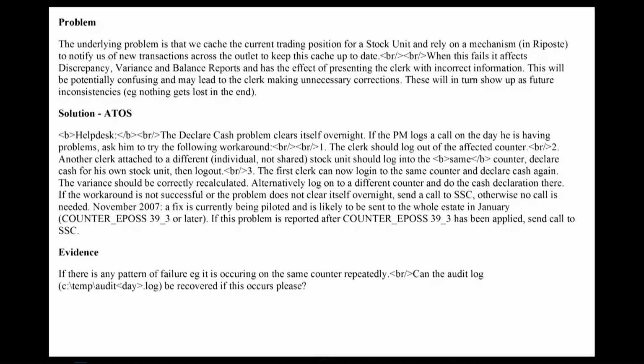Why would the audit log only be of interest if there was a repeated failure? Well, I think it's because then, no, it probably would have been of interest anyway. Why does it say if there's a pattern of failure? I don't know who put that there. Can you think of a reason why one would only obtain the audit log if there was a pattern of failure? No. I think you'd probably obtain it anyway, but as I said, I'm afraid until this moment I had totally forgotten its existence. Can we look at a peak, please?